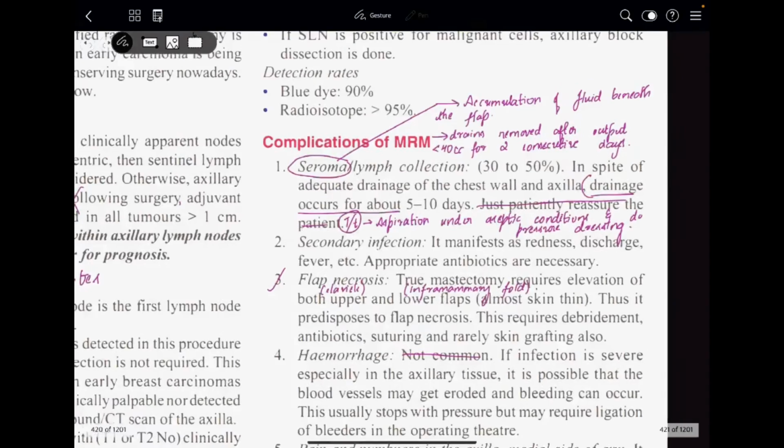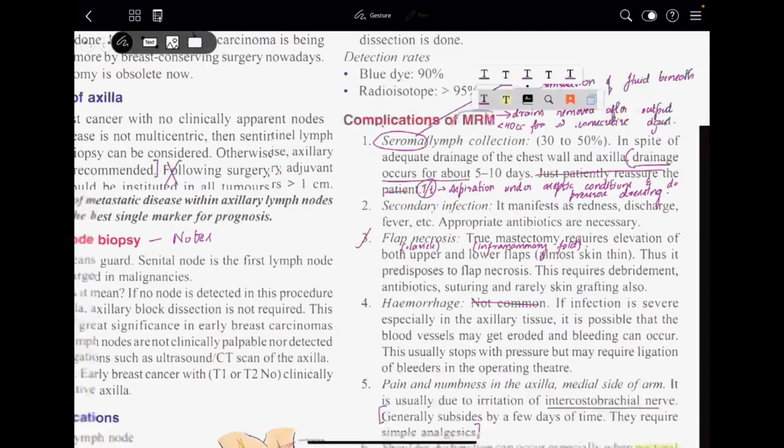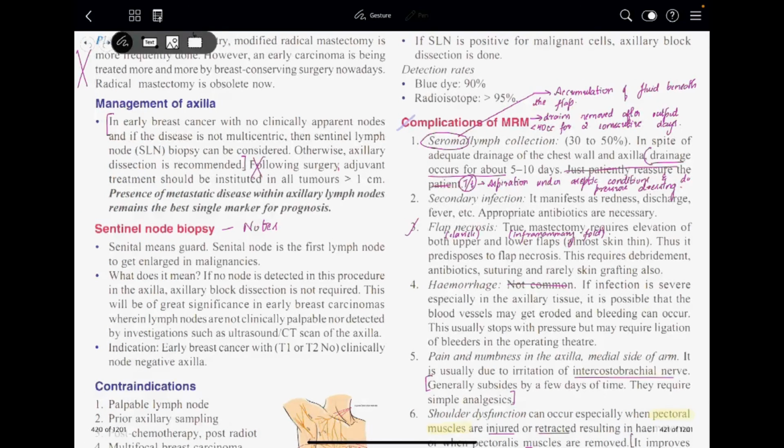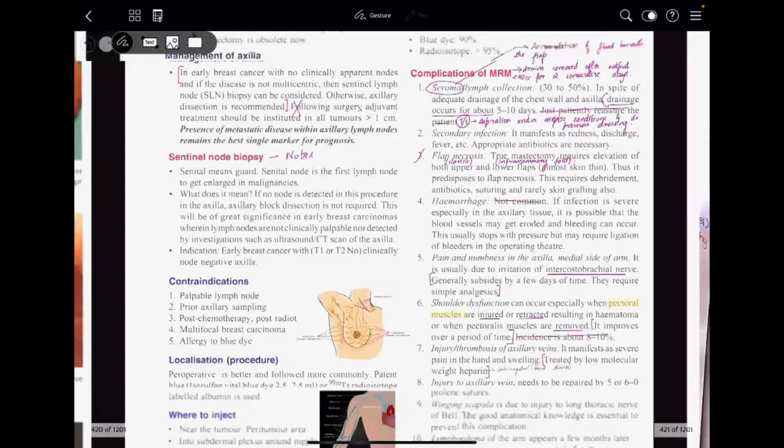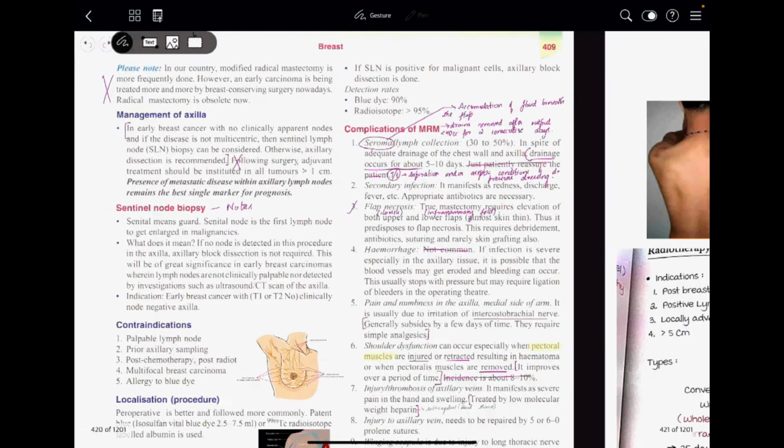So we'll directly move on to complications of modified radical mastectomy. Okay, this is an important next question. Let's do this. Seroma or lymph collection. What is a seroma? Seroma is nothing but accumulation of fluid beneath the flap. See, what happens is,